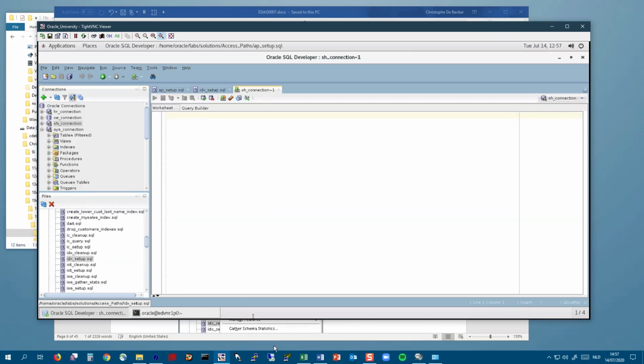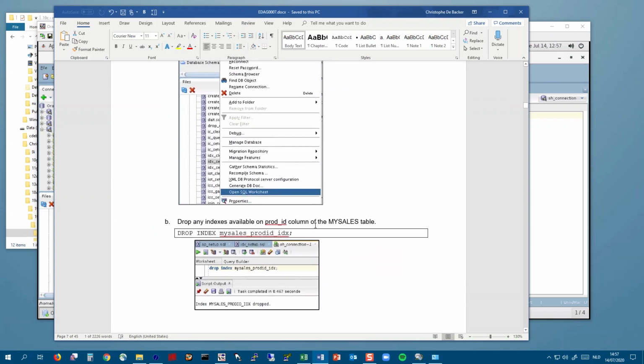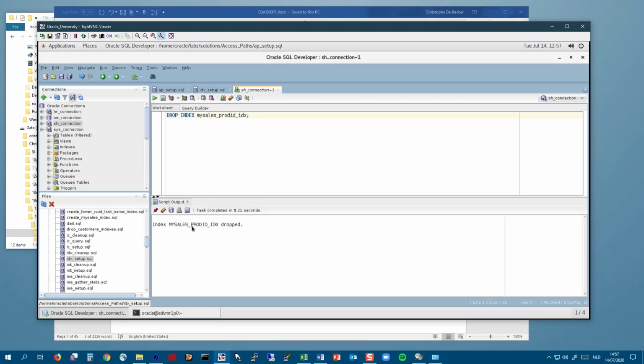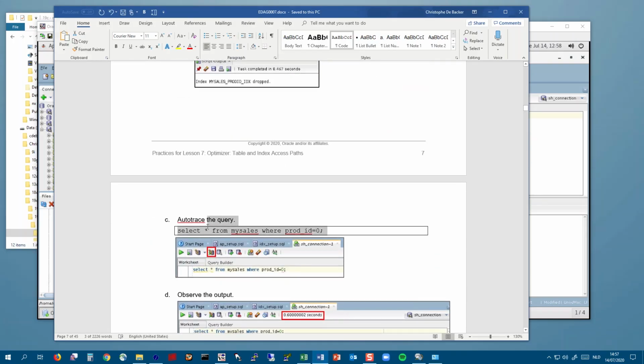Then what you need to do is drop the index that was created on the prod ID column of the table mySales. You're going to execute this command to drop that index, and I say execute, and you see that the index has been dropped. Then what you're going to do is